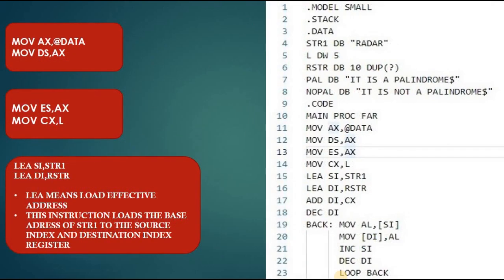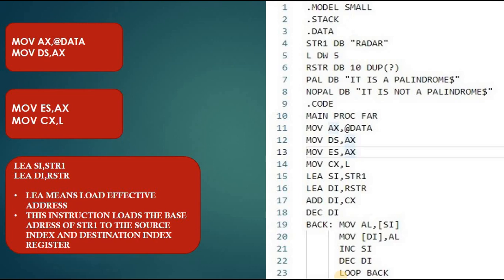The third instruction in the code segment is mov ax, @data, and the fourth is mov ds, ax. These two lines are responsible for storing the base address of the data segment memory to the data segment register. This has to be done by using an intermediate register AX because the architecture of 8086 does not support direct transfer of data.